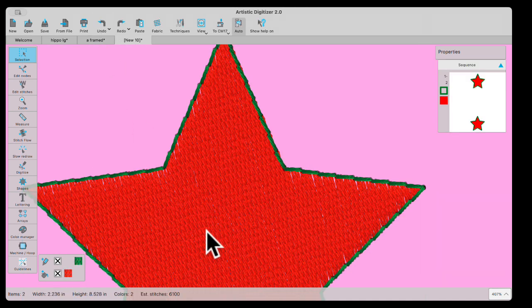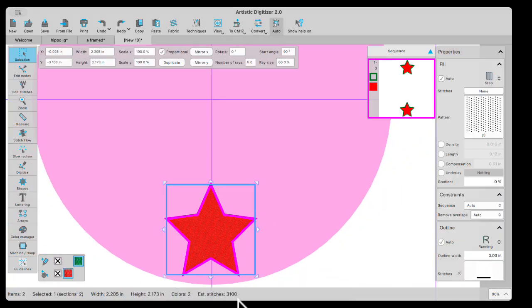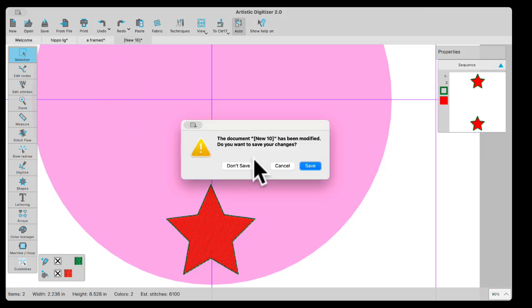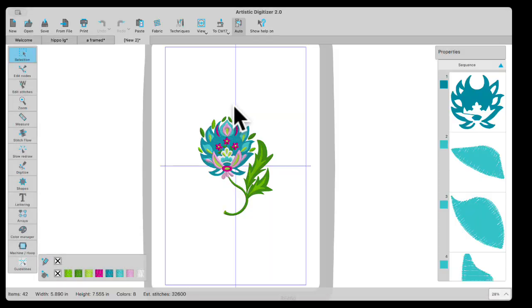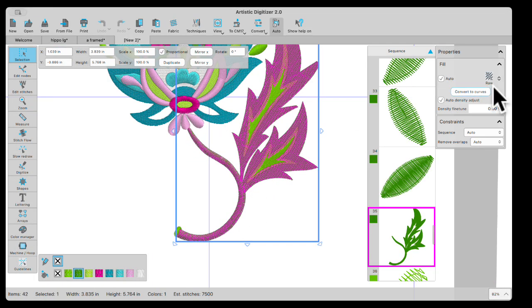But if I went back, I'm going to do undo. Now we're back to our full 3,100 stitches or 6,200. So you can really use the embroidery categories to your advantage on things like this that you're creating. It doesn't change. Let me close this. If I opened up this, and this is already an embroidery file, I can see by